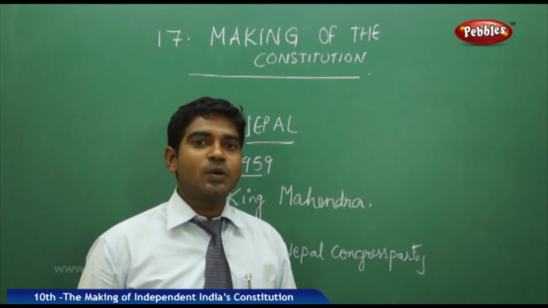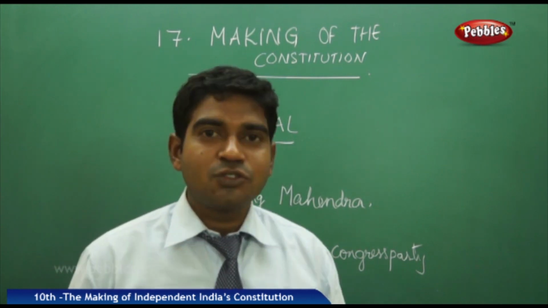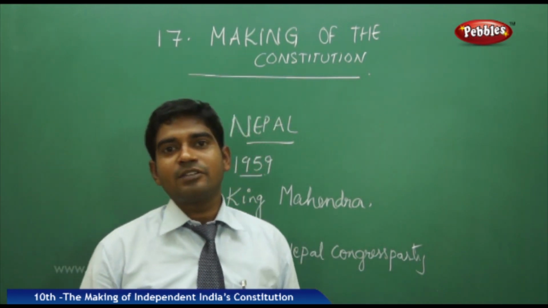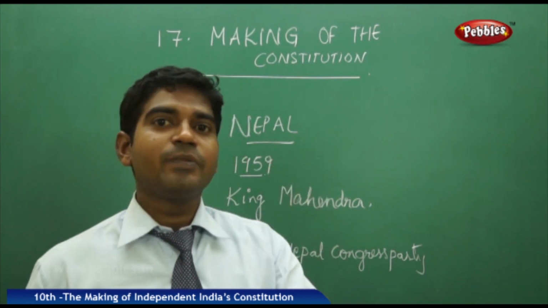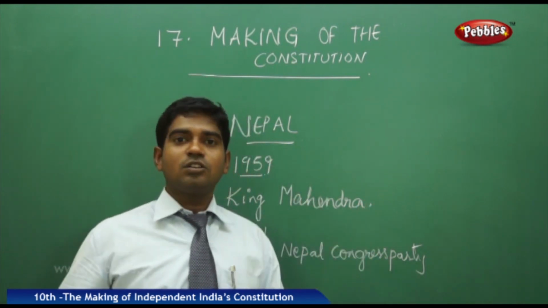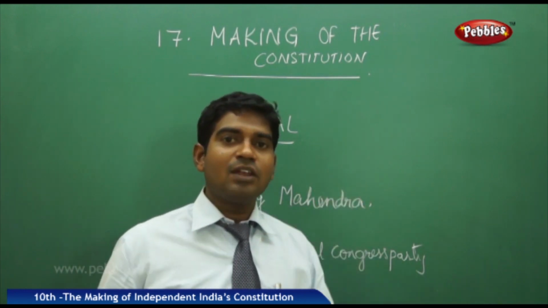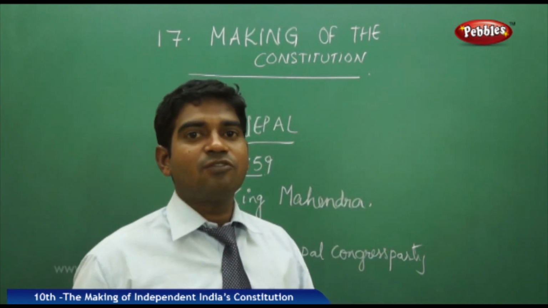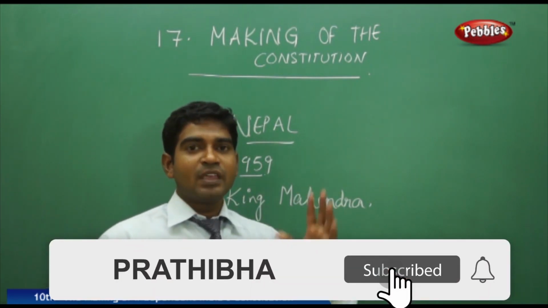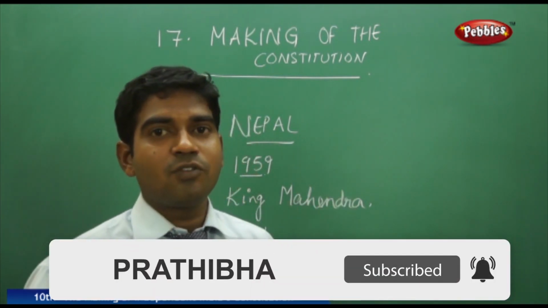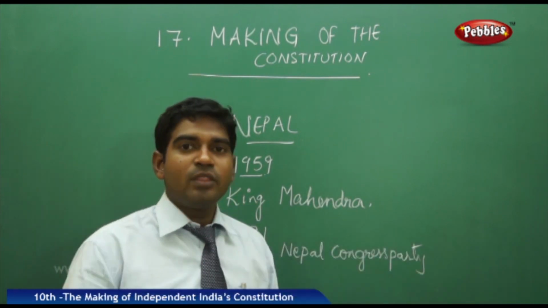Now what is the question that is binding them from making a constitution? They could have made a constitution from 1959 to 1991 or from 1991 to 2007. So in this long span of period, when they were running the nation with a systematic form of government, what are the features that are binding them from making a constitution? It is that when they were framing the form of government or the constitutional setups, when they are framing a draft